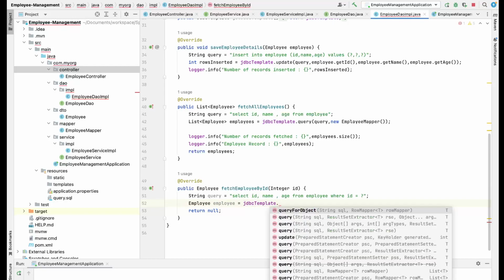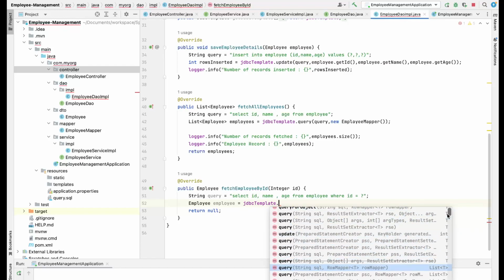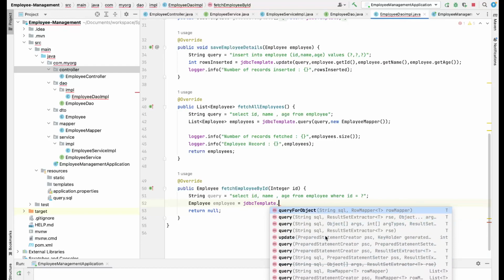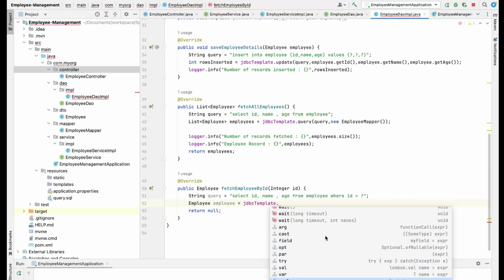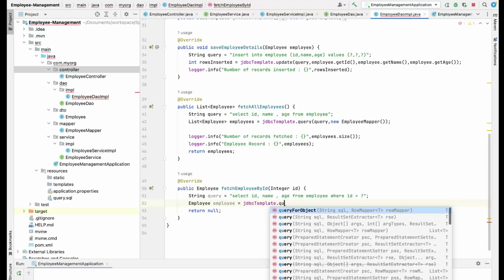Now there's a different query method. See, for fetching anything, we will have to use query methods. But query method generally will have many return types. If you see the return type on the right hand side, if this is a T, that means it is a single object. If this is a list of T, that means this is a list of objects. But here this time we just want a single object, right? So what we'll do is we will use something like query for object,